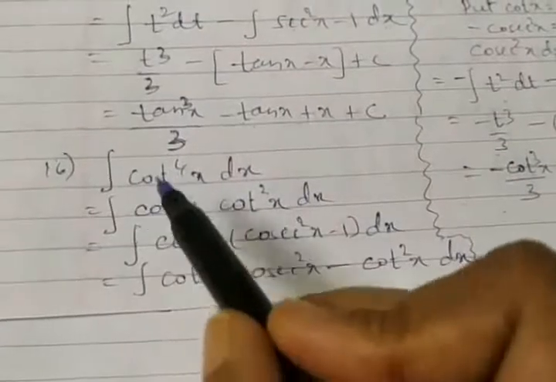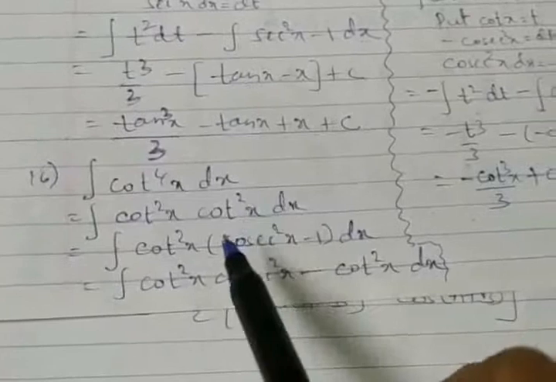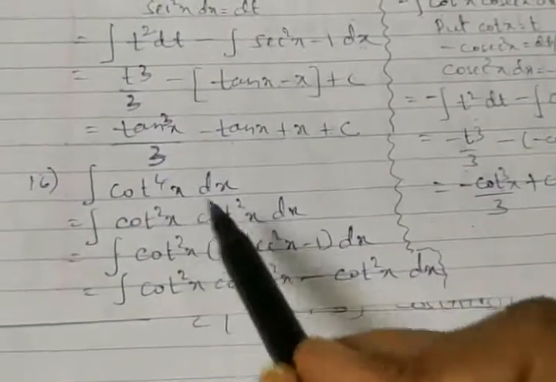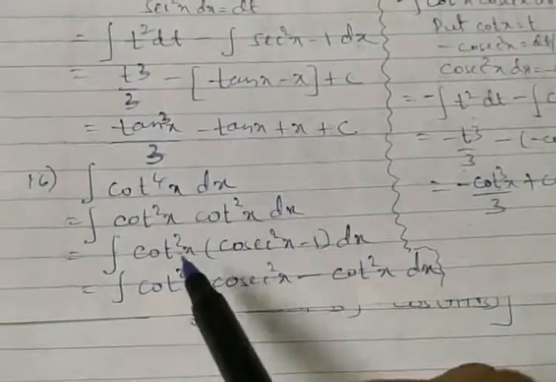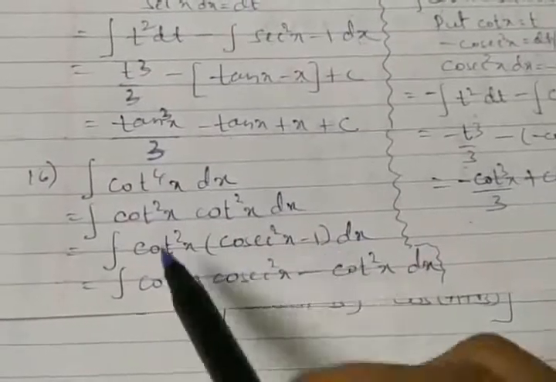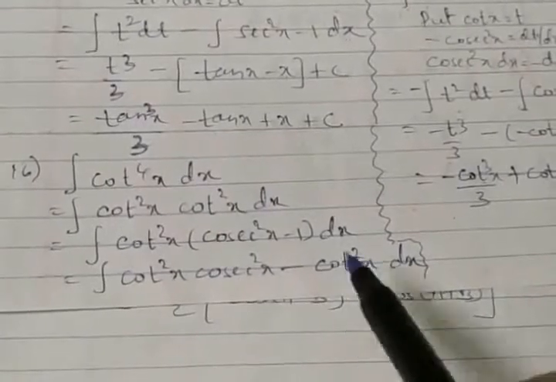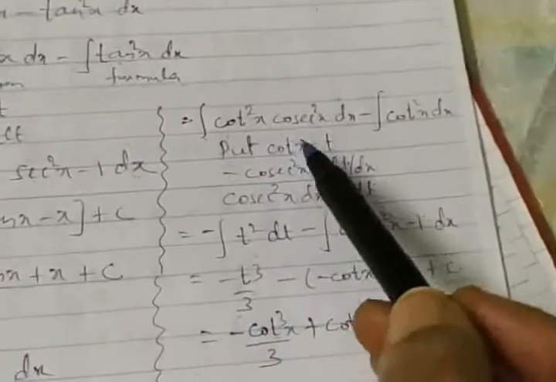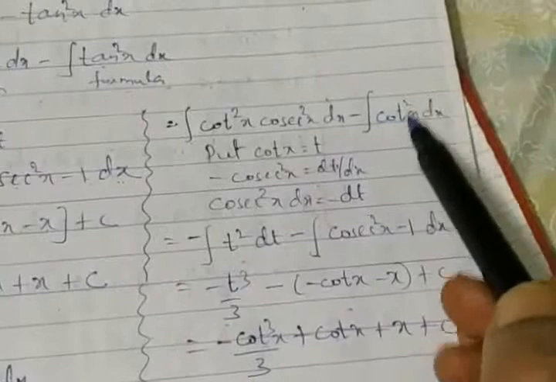So here we have done, and let's move on to integration of cot raised to 4x, to be taken as cot square x into cot square x. You can pause the video, try to solve and then cross verify the answer. So cot square into cot square, cot square is cosecant square x minus 1. Cot square into cosecant square x minus cot square x. This becomes a substitution. Integration of cot square we know very well, isn't it? So here I am claiming substitution, which I have taken here. Integration of cot square x into cosecant square x minus integration of cot square x with respect to x.